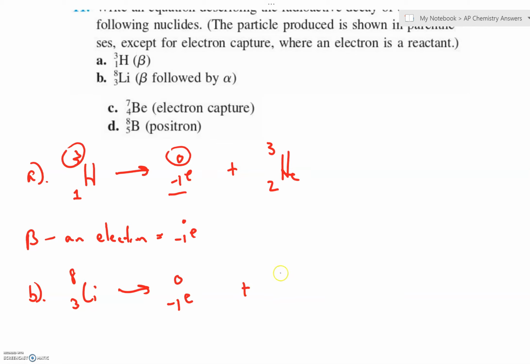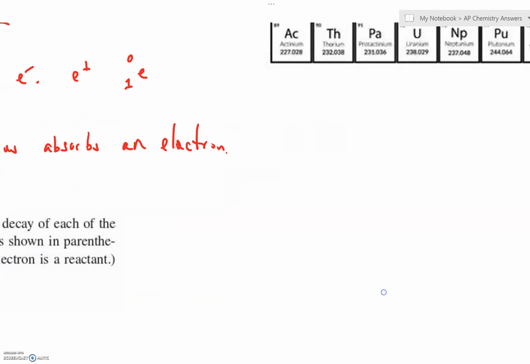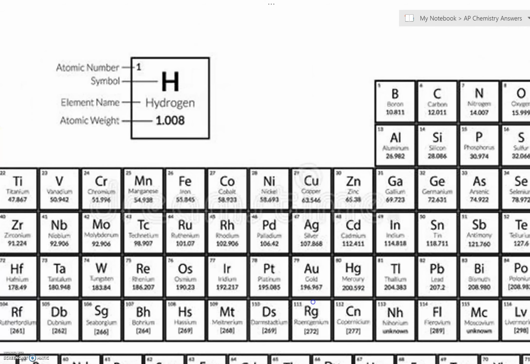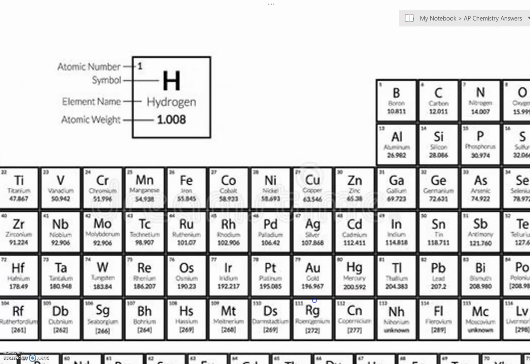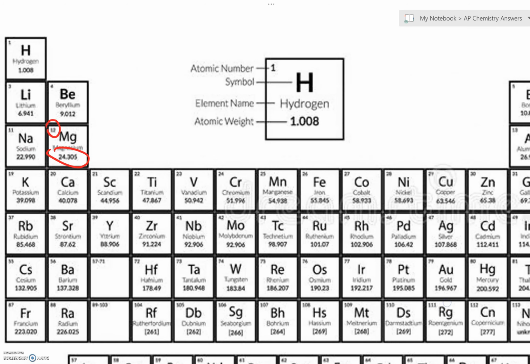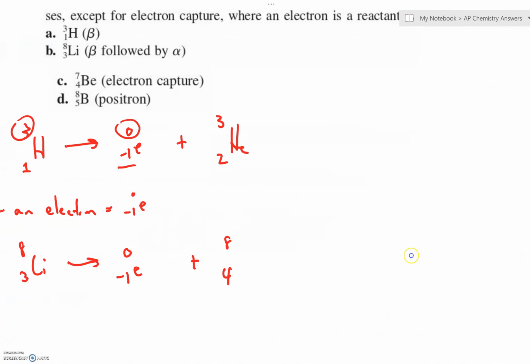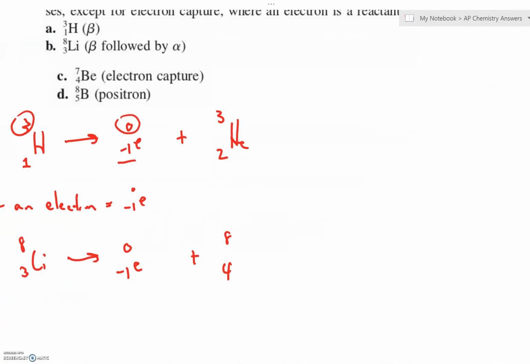That's going to result in no change for the atomic mass, but it will add the equivalent of a proton to the nucleus. So you want to be able to tell us what element has an atomic number of 4, and there's our old buddy carbon. Excuse me, not carbon. That is beryllium with an atomic number of 4. So if we lose this,